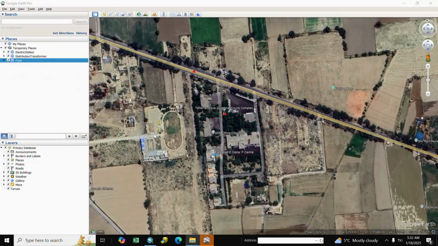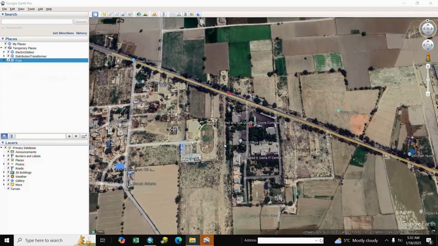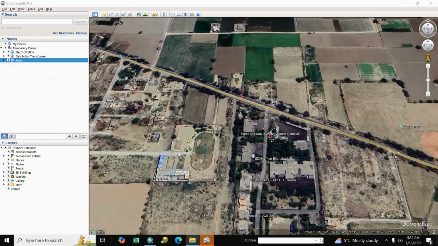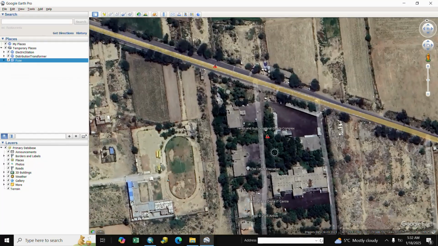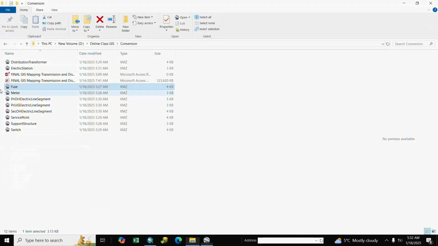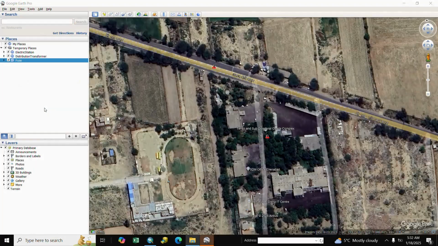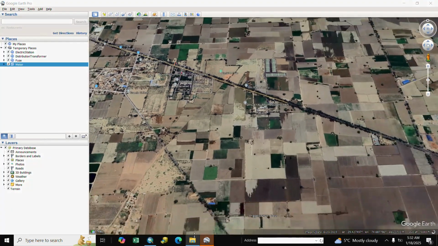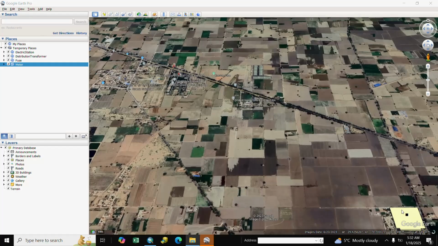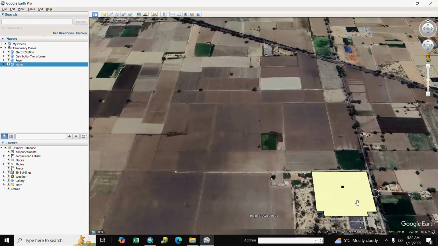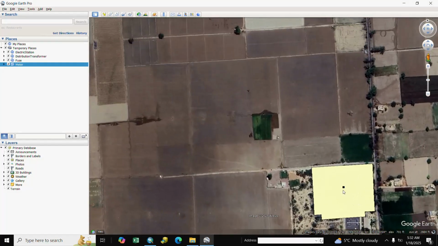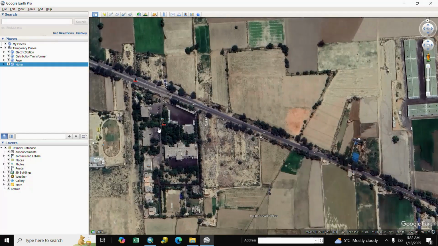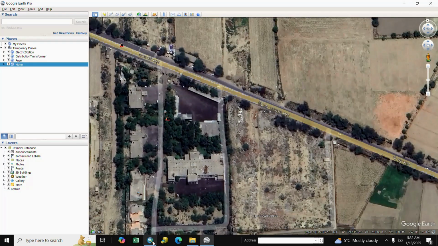Fuse is also here. Meter is here, you see here meter, and also here.